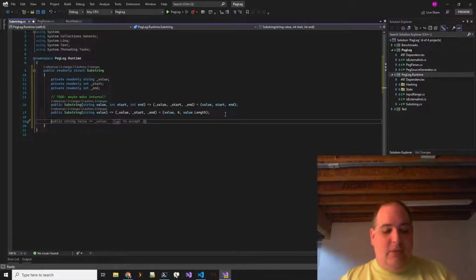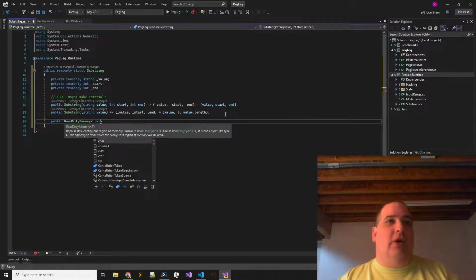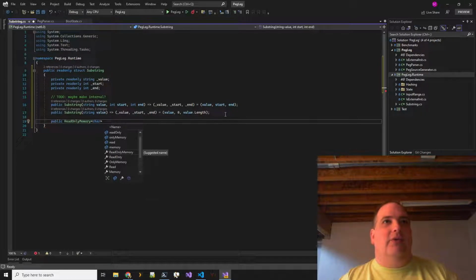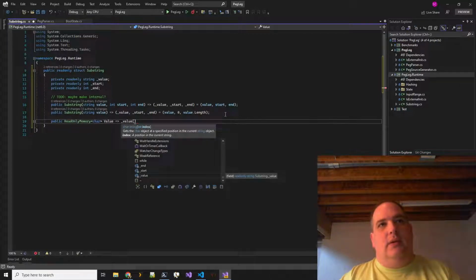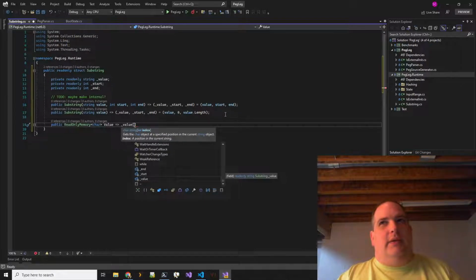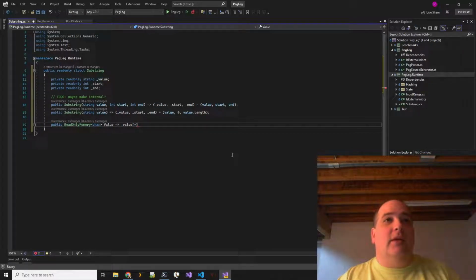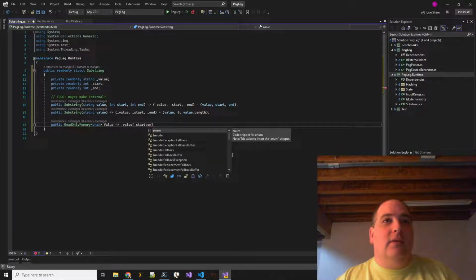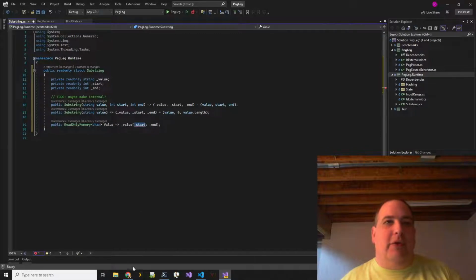Okay, so what we normally want to expose is a read-only memory of char from value. I don't know if I can do this in .NET Standard. I'm not familiar enough with my range syntax.